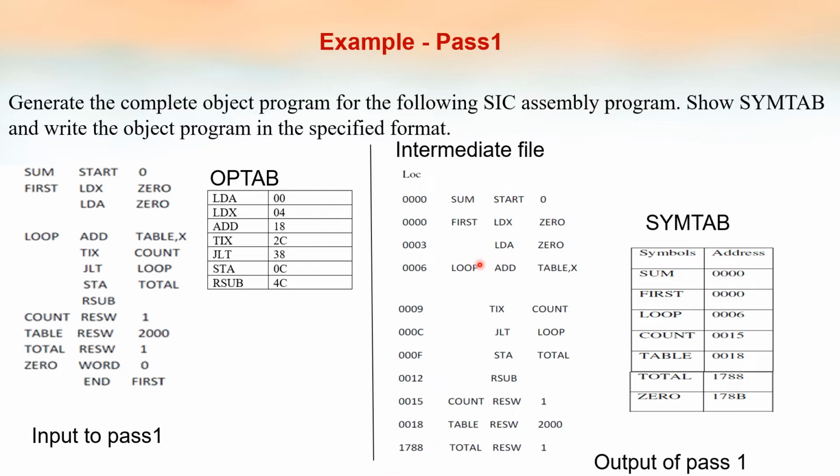And the next thing is the assembler checks only these two fields in pass1. First is the label field. When it finds a symbol in the label field, it is added into the SymTab with the corresponding address value. And it checks the opcode, opcode validation, that is whether the opcode is there in the optab, just validation. So after pass1 there is no object code formed. The output of pass1 is the intermediate file, which means the source program with address values assigned, and also the SymTab.